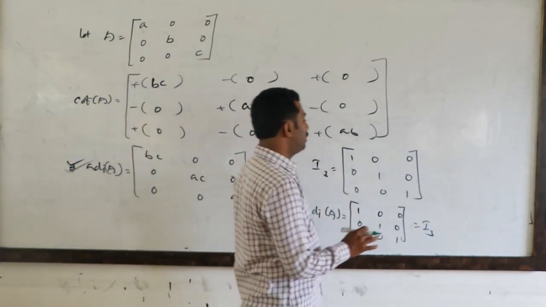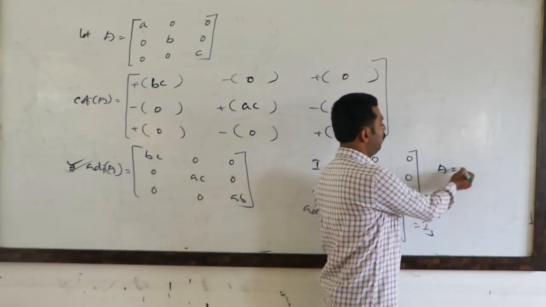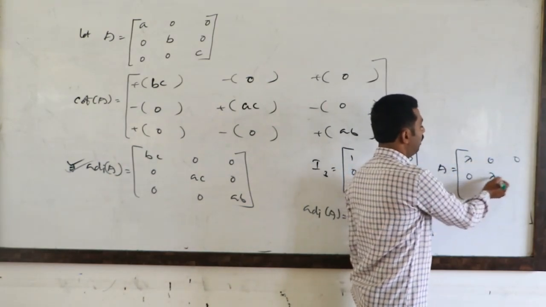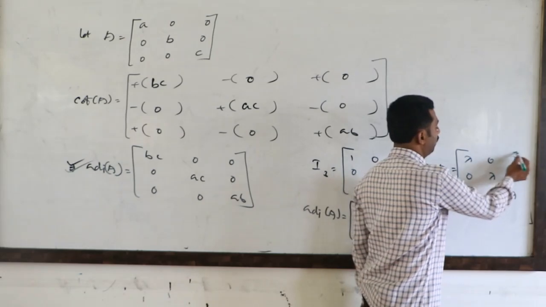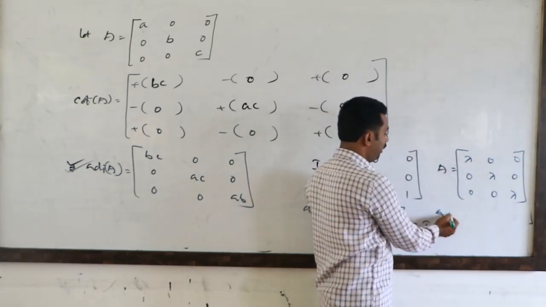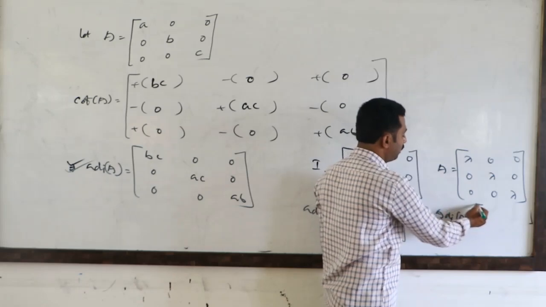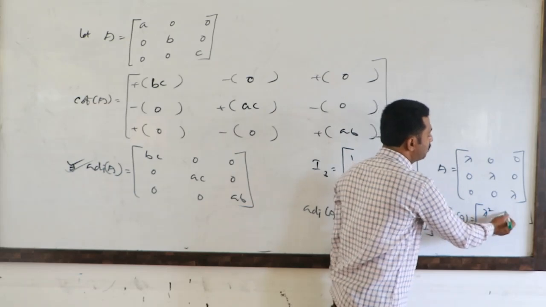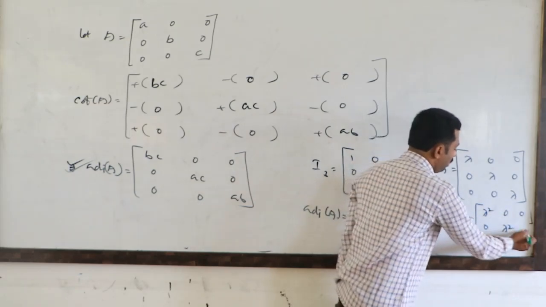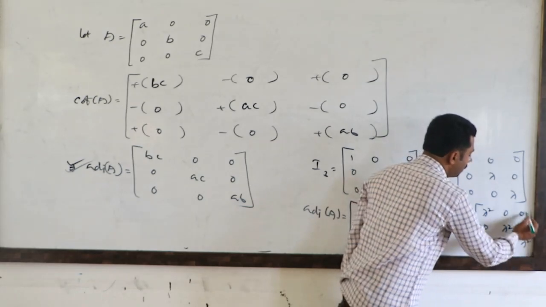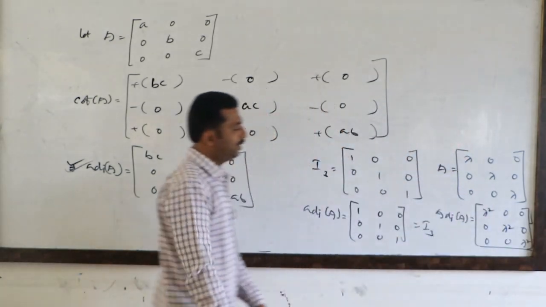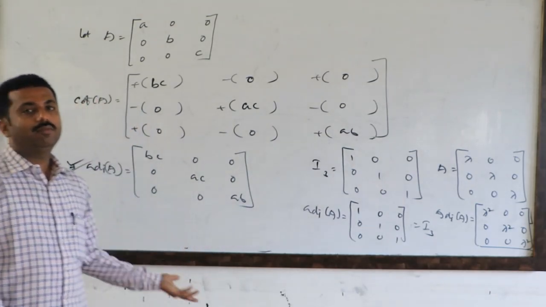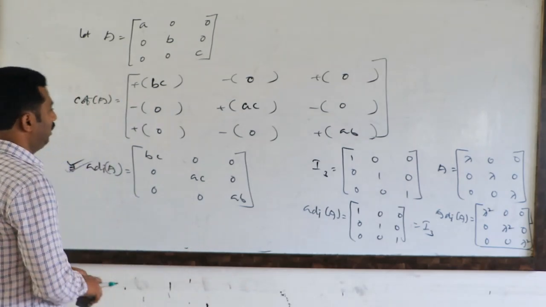What is the adjoint of a scalar matrix? For example, scalar matrix lambda 0 0, 0 lambda 0, 0 0 lambda. So directly, what is the adjoint of capital A? Can you tell? You close this one, remaining two numbers product. Lambda square 0 0, 0 lambda square 0, and this is also lambda square. So like that, we have to write the adjoint of these matrices. At least the adjoint of a null matrix, nothing but again the null matrix only will come.